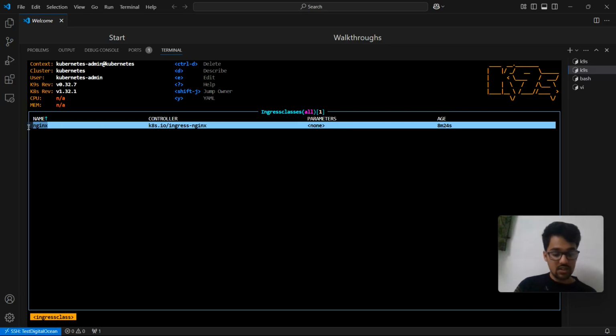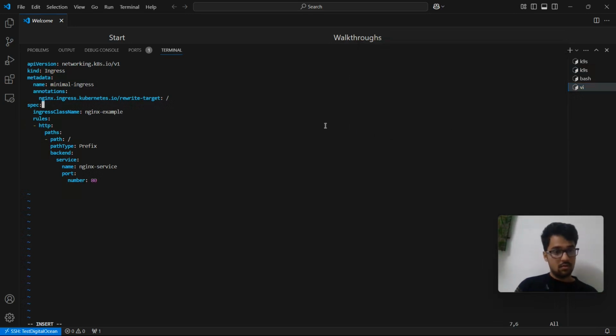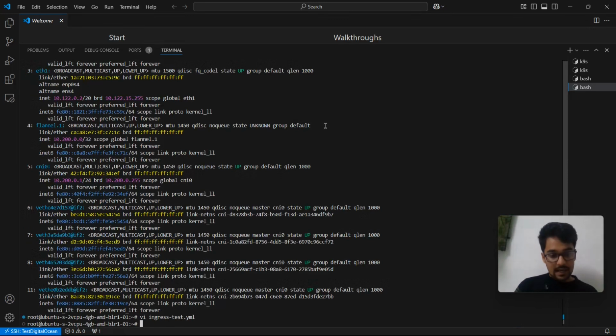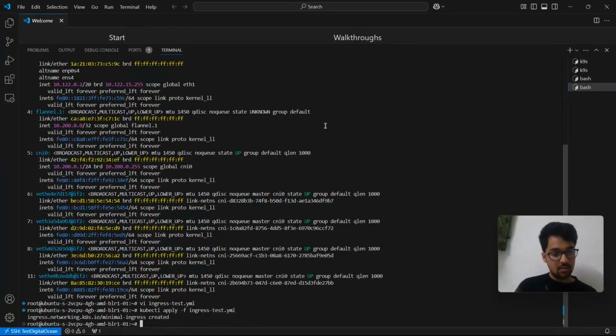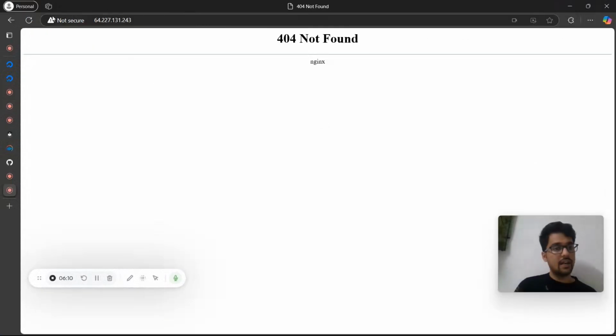So its name is nginx. So basically nginx. Yeah. And if I say kubectl apply dash f ingress test.yaml, the ingress is created, and if I just go ahead and refresh it,